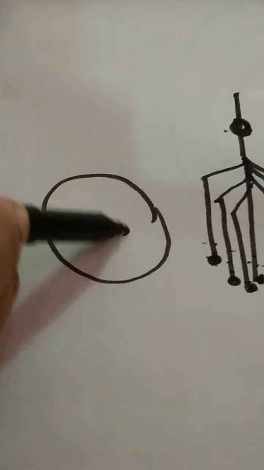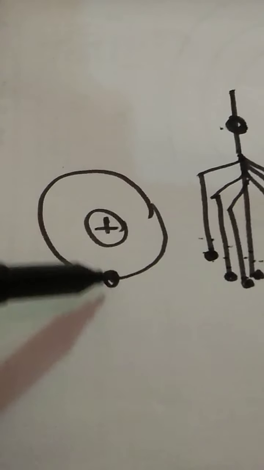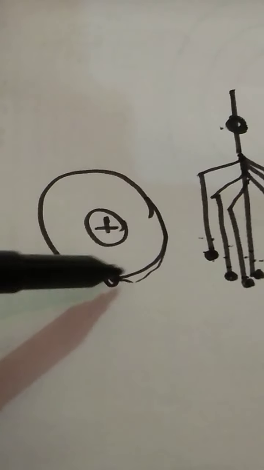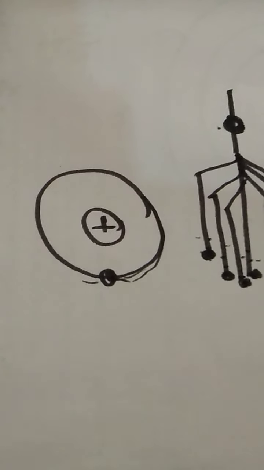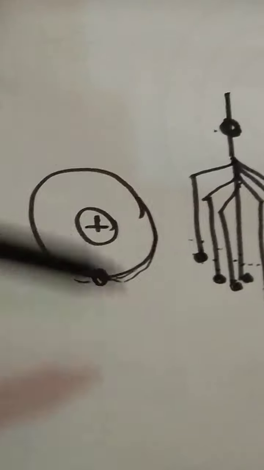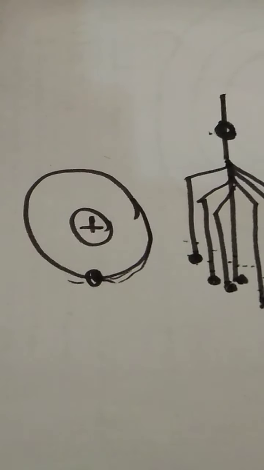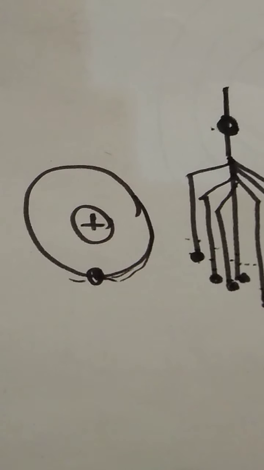So it means that the electron is going to move along different paths. If you have this atom and this is the nucleus, then the electron can move in different paths. It can go here, it can go here. So the electron can move in different paths. Okay, so when the electron moves in different paths, children, therefore the electron is going to have different angular momentum. The electron can have different angular momenta, because the electron follows different paths.